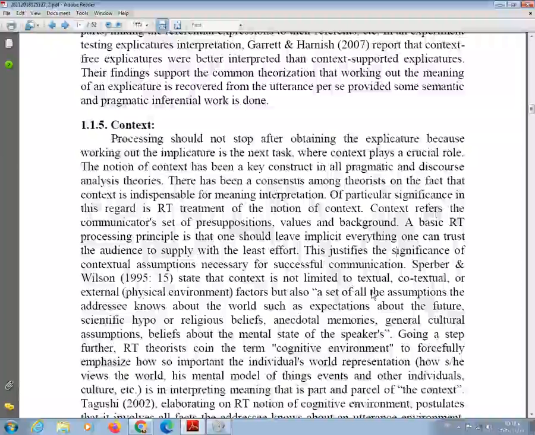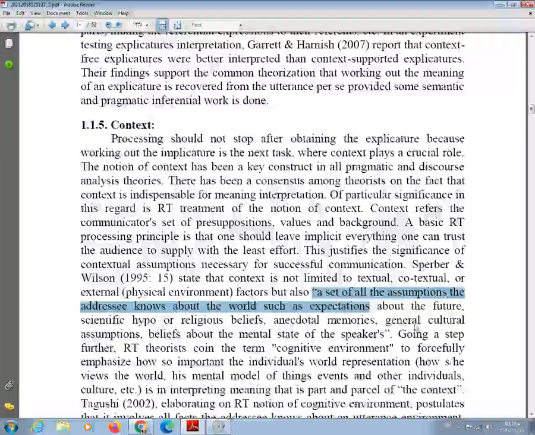Context is not limited to textual, co-textual, the relationship between sentences and paragraphs within the same text, or the external physical environment, place, time, but also, and this is the most important part, a set of all the assumptions the addressee knows about the world, such as expectations about the